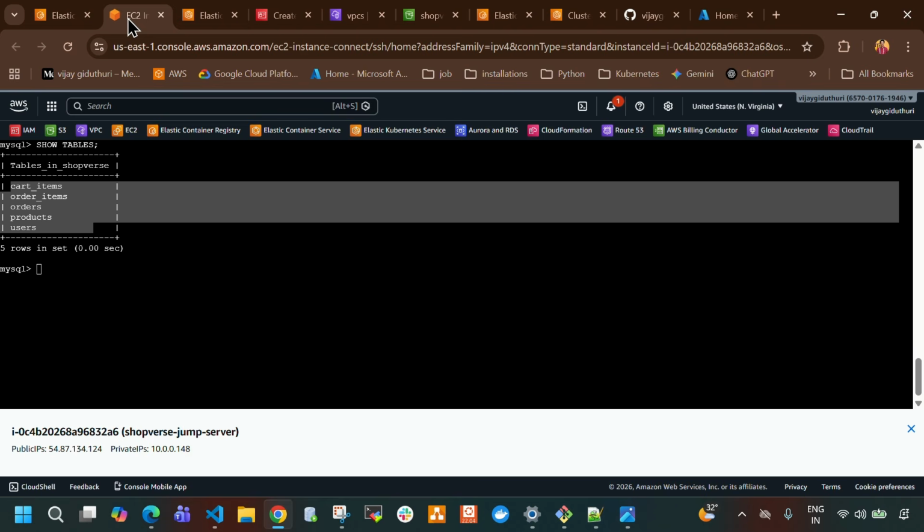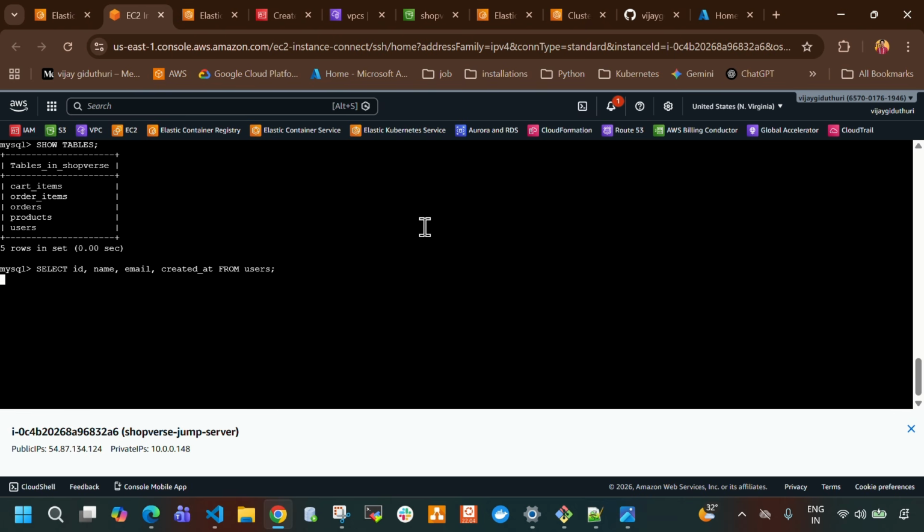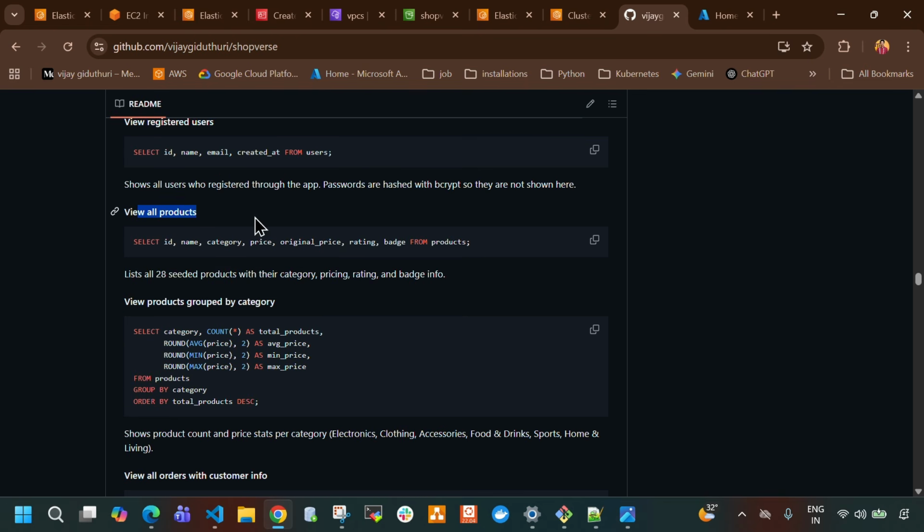Let me paste it here. It will display all the registered users. Right now we don't have even a single registered user, so that is the reason it is not showing any registered user, guys. Now if you want to view all the products inside the Shopverse